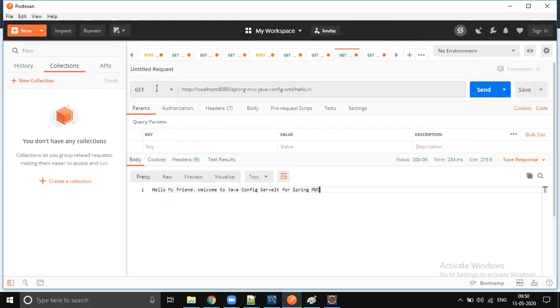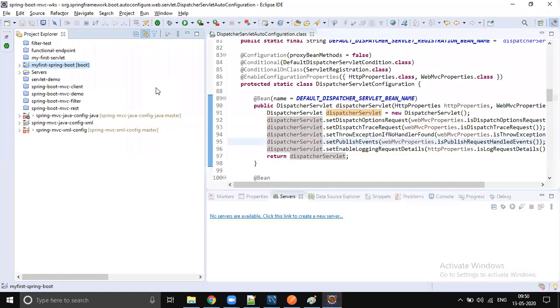As this is an external Tomcat server, we need to give the context path. As this is an embedded Tomcat server, we don't need to give the context path. But it is the same dispatcher servlet, same servlet API, right? Dispatcher servlet is nothing but a servlet. Same architecture, running on the same server. But here you no need to take care of those things. Spring Boot will automatically configure all those things for you.